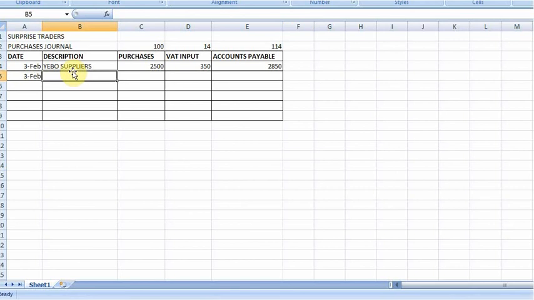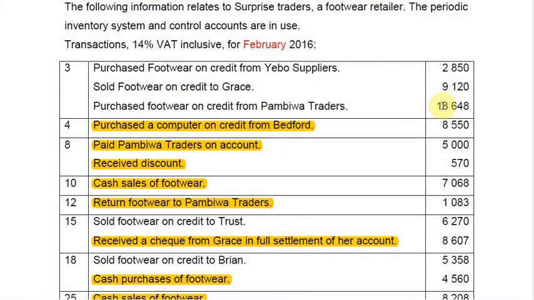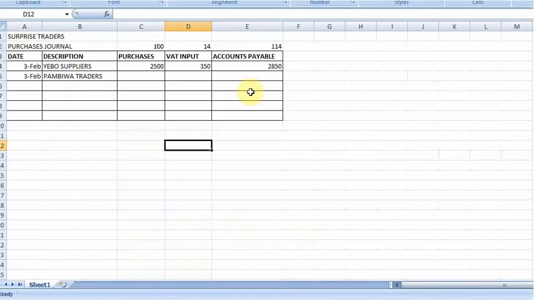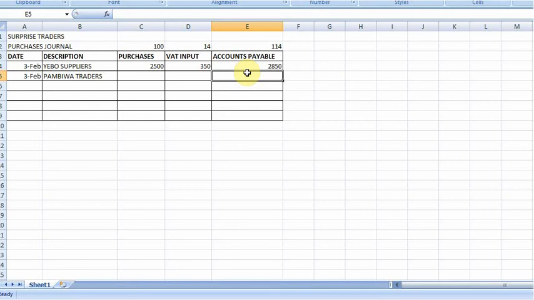Now the description is that it is purchased from Bambiva Traders, and they tell me the amount including VAT is 18,648. So that will be the accounts payable because that's 114%. The creditor, the bank, and the debtor is always 114%. The income and the expense, or the inventory, or the equipment is always 100%. So I'm going to type in